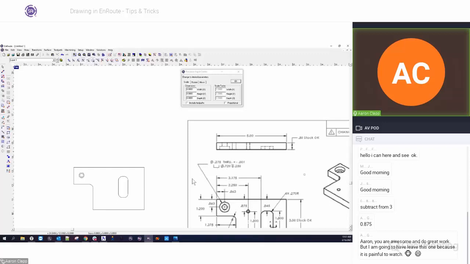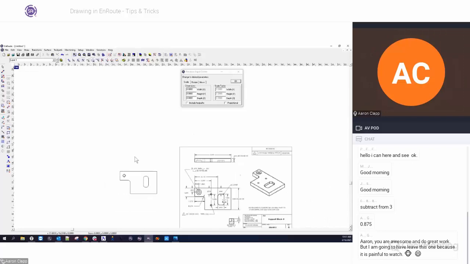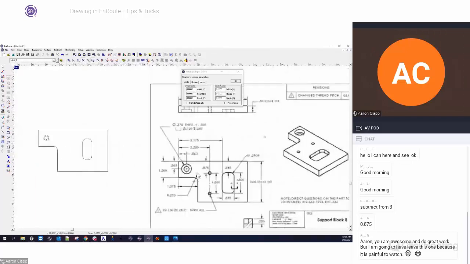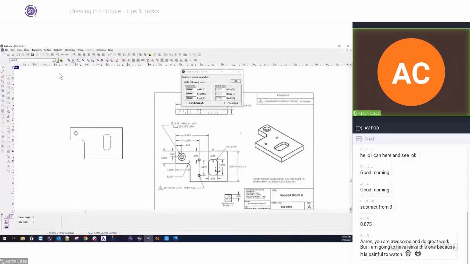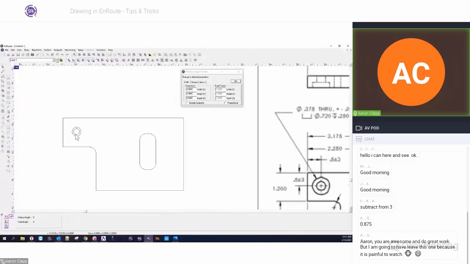Anyway, the radius doesn't matter on this necessarily, but what does matter is that we get the center of this object right in, not necessarily in the middle. This is slightly off center. And if we measure this from the edge, so if I measure the center of the circle,